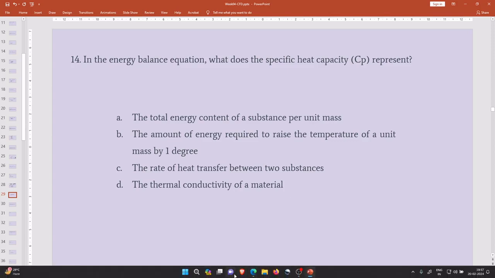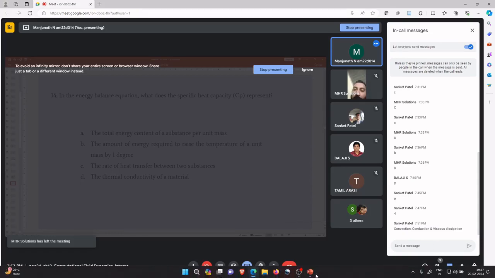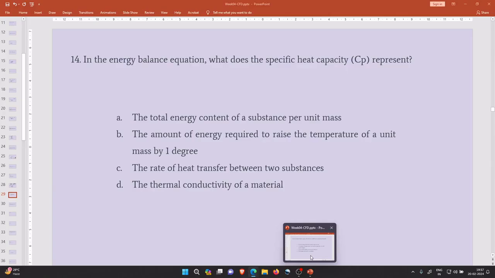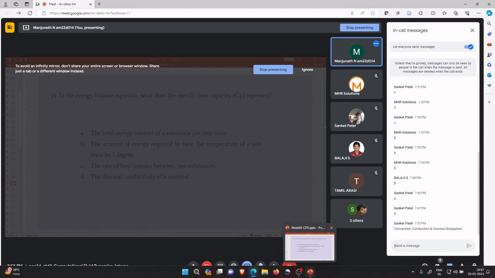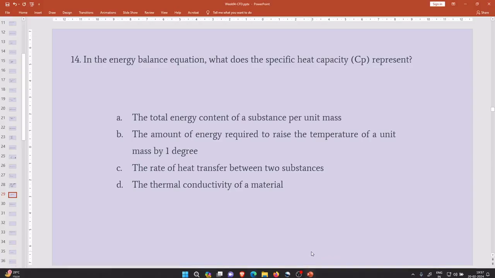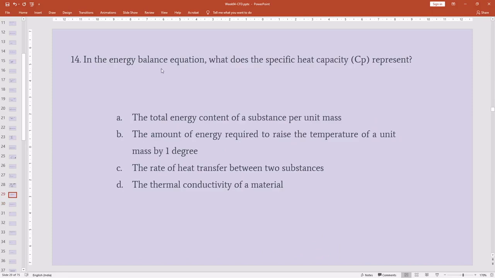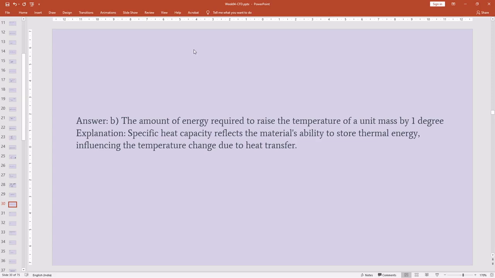Simple question, please inbox your answers. That's option B. The amount of energy required to raise the temperature of a unit mass by one degree